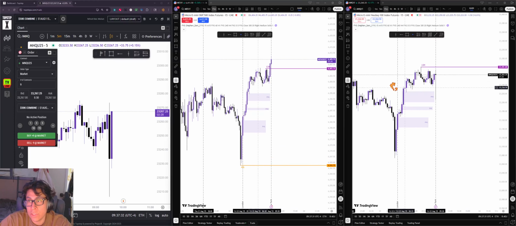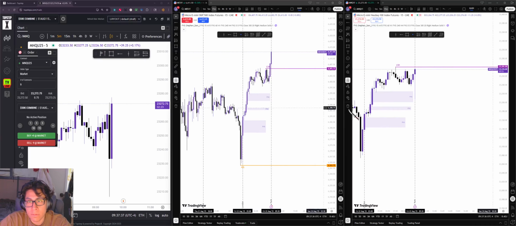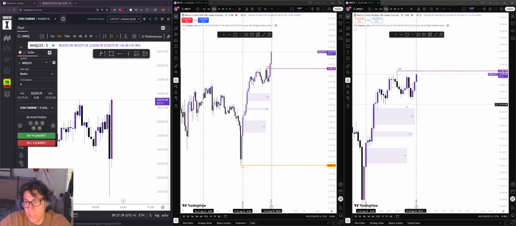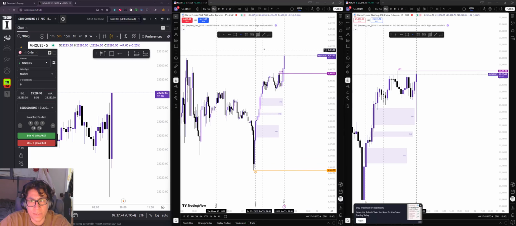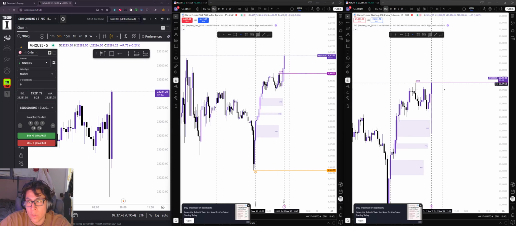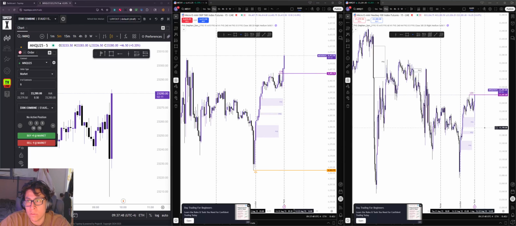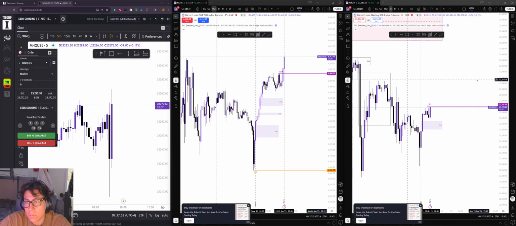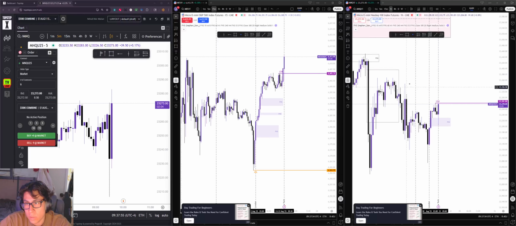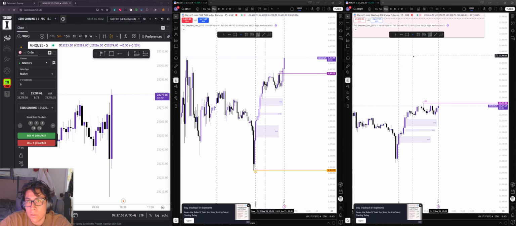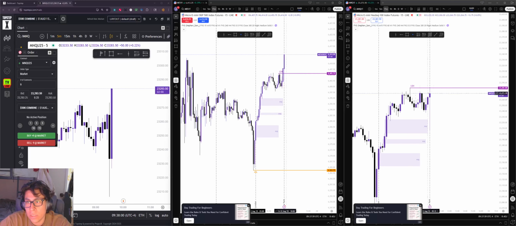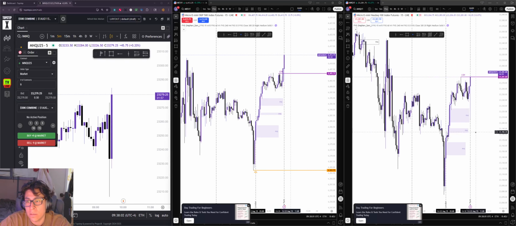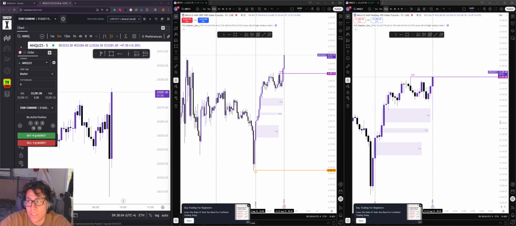If we close below these lows, take them out, sweep them, redirect back up, because we took them out already in MES and MNQ. We took out this sell side liquidity down here, but it seems we're going up and taking this out right here right now. Okay, we're taking out London high right now as well. We have liquidity sitting up here as well. So we took out London high in MNQ just now as well.